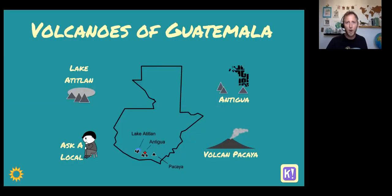All right, so I polled everyone before we started, and we're going to start off today with hiking up an active volcano called Volcan Pacaya. So when I say volcanoes today, their names, and I say Vulcan, that's just how it's pronounced in Spanish. But before we go hike up that active volcano of Pacaya, we do like to take a break